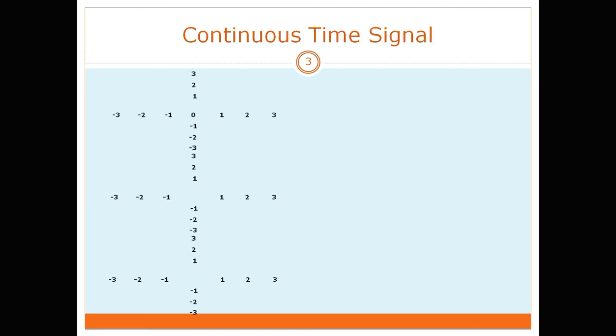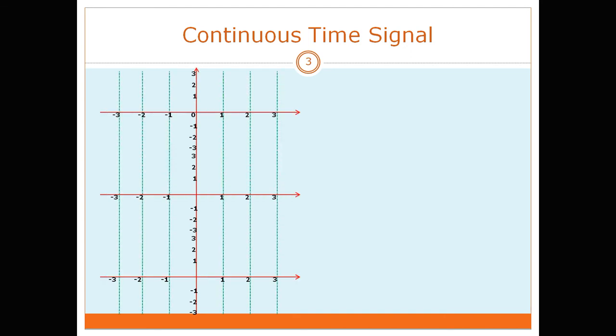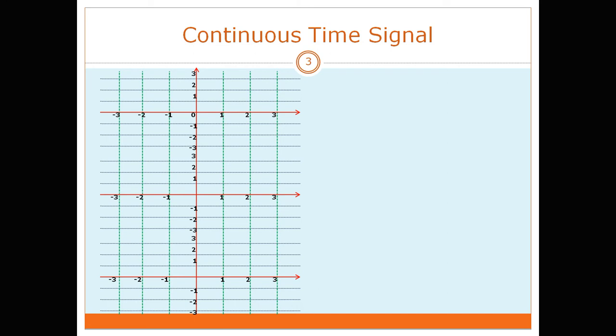This is for the continuous time signal. If this is the y-axis and these are the x-axis, then let me take some intermediate horizontal lines and vertical lines at 1, 2, 3, 4 like that. On the x-axis I have taken the time t, and x1 of t will be the first signal. I am using from 0 to the right side 1, 2, 3 and the left side -1, -2, -3, and above 1, 2, 3 and below -1, -2, -3. Up to this point I am going to use x1 of t.